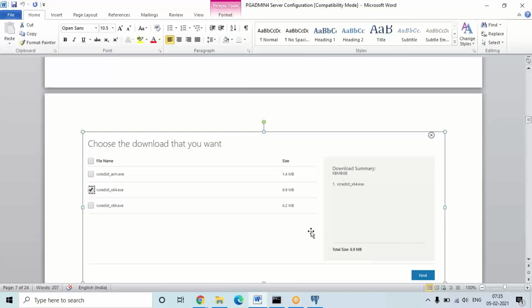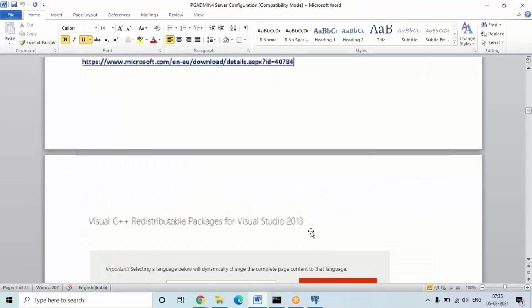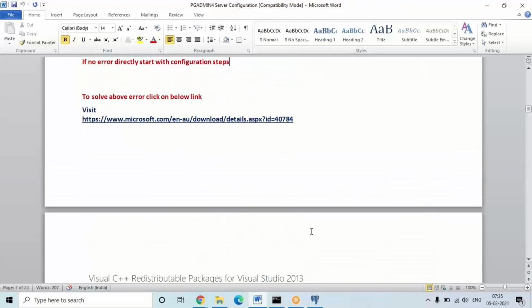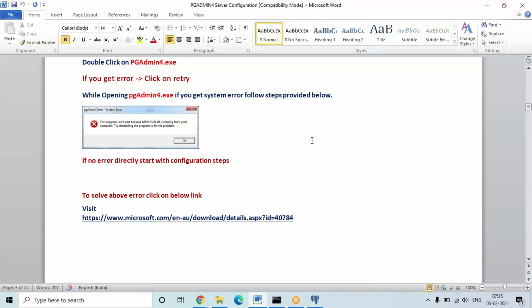After you run that patch, click on pgadmin4 again and the issue will be resolved. In most cases people may get this error, and the patch link is given in the same document below.